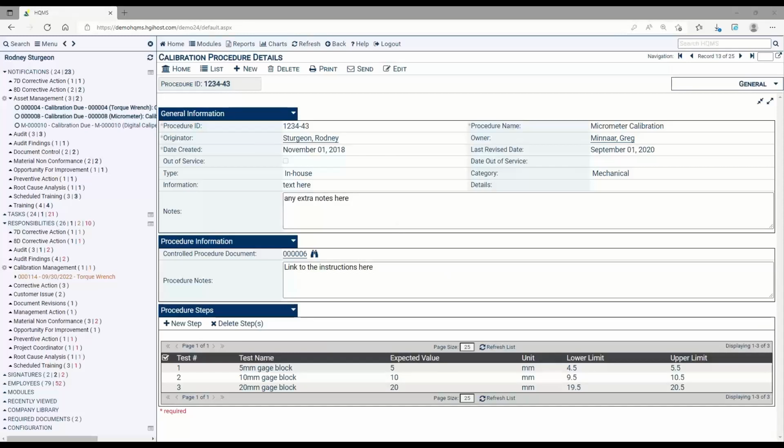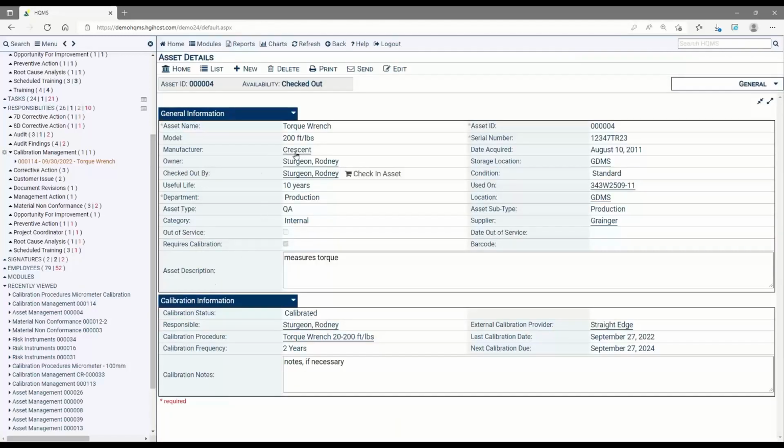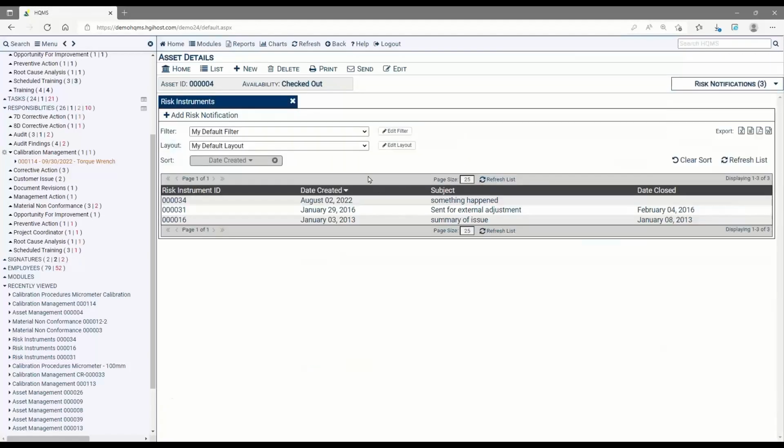The other module in the calibration system is our risk instruments module. And for that, technically what I'm going to do is navigate back to one of those assets here, that asset that I was at previously. I can use my little recently viewed area in HQMS. And so during a calibration, maybe if there was an issue where the instrument was out of spec, maybe we couldn't get it within spec, and we might want some kind of an action or a follow-up activity. So we have a module built in here called risk notifications,